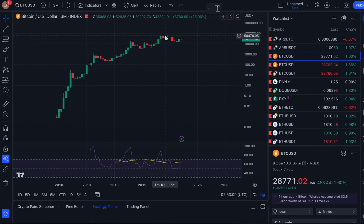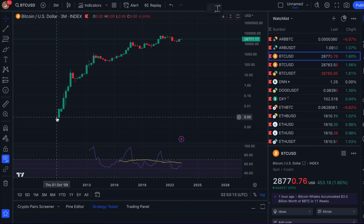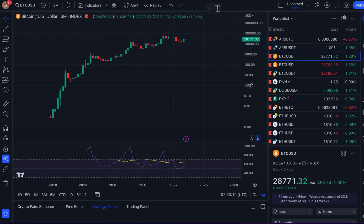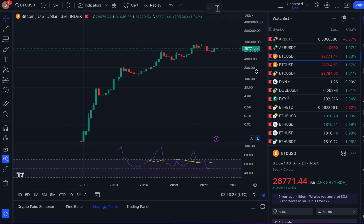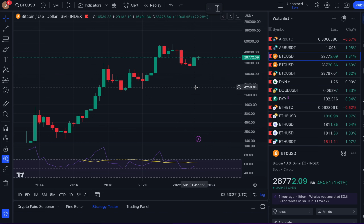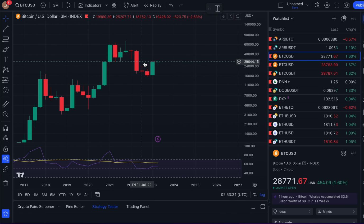It indexes a lot of the other exchange prices into a sort of general average, and this is the one that goes all the way back to 2009. So it's the one that has the longest amount of history. So what you can see here, very clear uptrend. We're not going to go through the giant macros of Bitcoin, etc. But what I wanted to point your attention to was just today, only a couple of hours ago, on the 3-month candle, so each candle here is 3 months, it went from red and it just ticked up above,